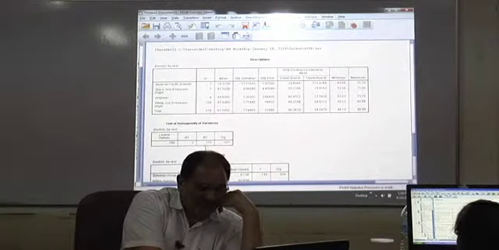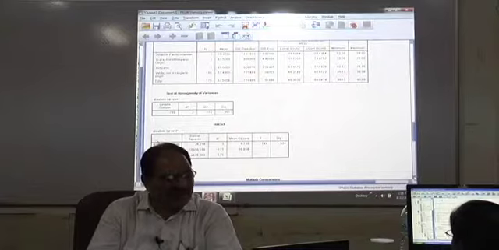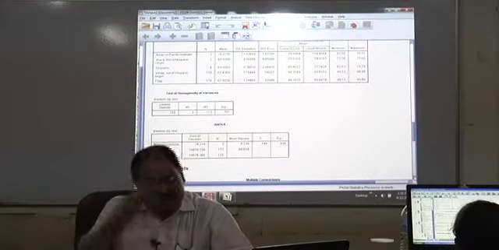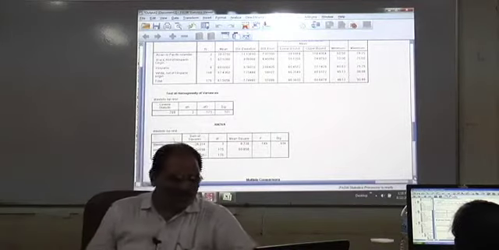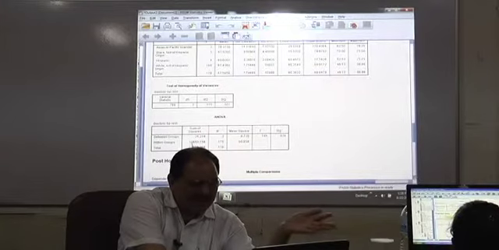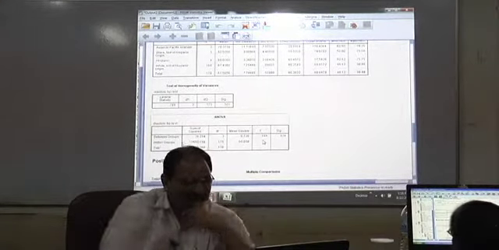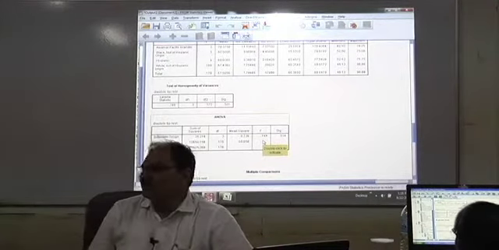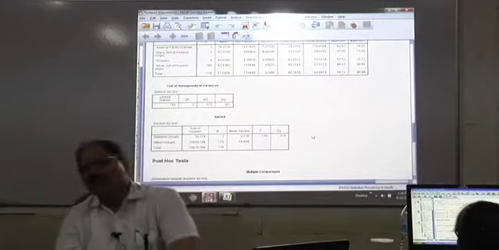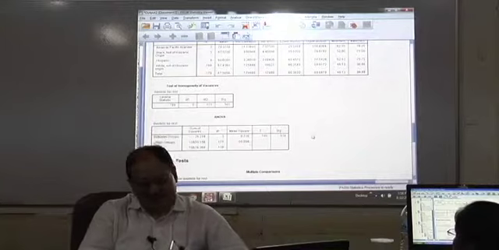Okay? Now, that means which post hoc will we interpret? Tukey. Tukey HSD would be interpreted. Okay, let us see first. First we will interpret the actual ANOVA and then we will go to post hoc. What is the F value? 0.144. What is the level of significance? 0.934. That means blood pressure is not affected by race.